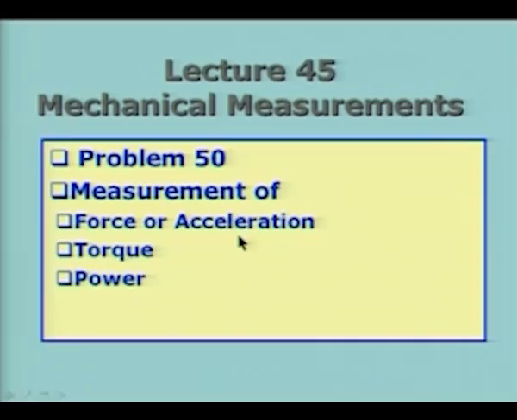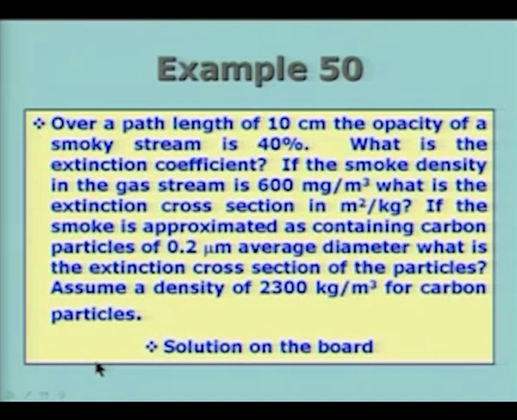So, acceleration may also be involved in the measurement of, for example, when an earthquake takes place, there are some accelerations which are experienced by various objects which are on the ground, and we would like to measure these accelerations because these are going to determine whether those systems will survive or not in an earthquake. So, let us get back to problem number 50 because that is what we would like to see, and the problem is specified in this particular slide.